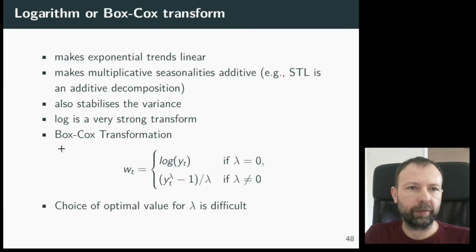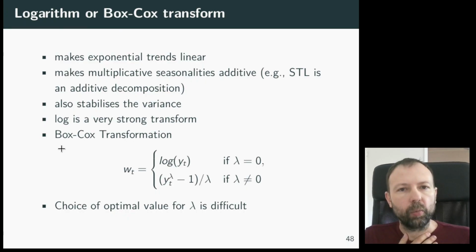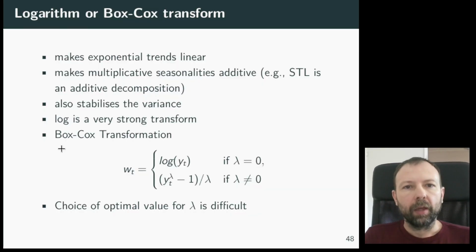So the good thing of the logarithm is that it makes exponential trends linear, and it makes multiplicative seasonalities additive. So multiplicative seasonality, just briefly, this air passenger series has multiplicative seasonality, which means that if the level is low, the seasonality is small, and if the level is high, the seasonality is big, and that's multiplicative seasonality. And because STL is an additive decomposition,